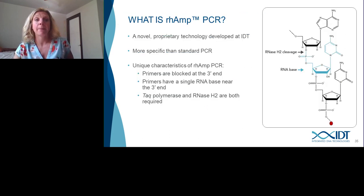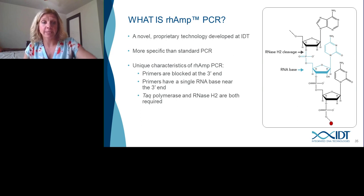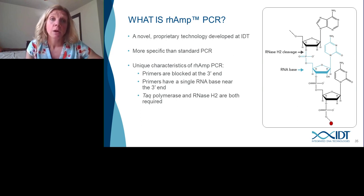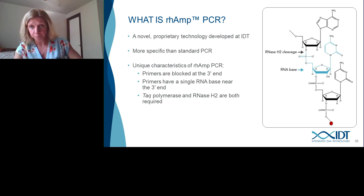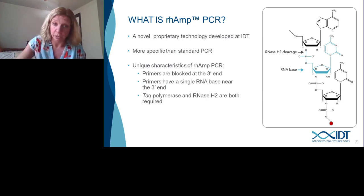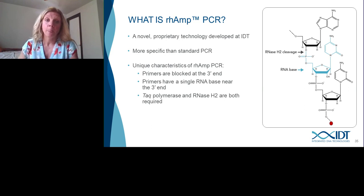So a little bit of background about what RAMP-seq is. RhPCR is something we've studied at IDT for many, many years, even decades. And what this is, is a PCR primer that contains an RNA base, which is shown in blue here, and contains a blocking group. And so the way this works is our PCR contains Taq polymerase, as any amplicon-based PCR would, but